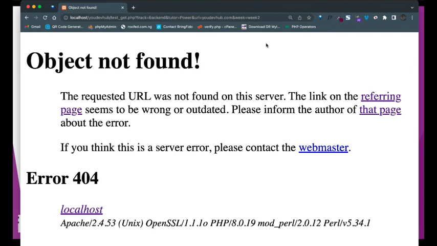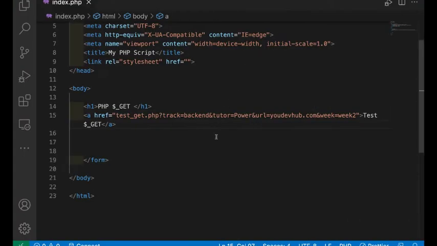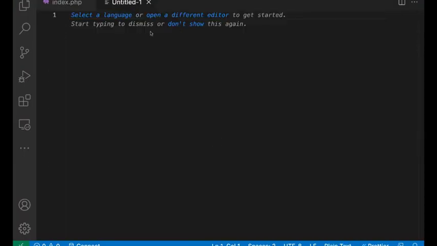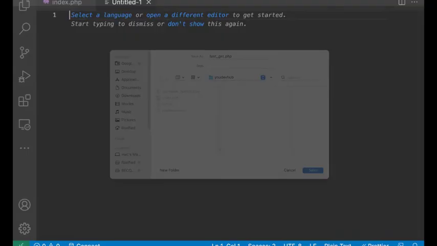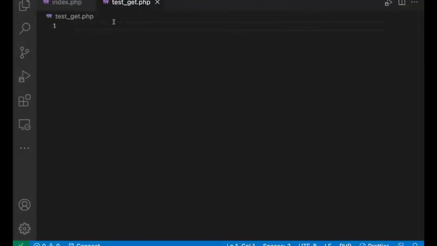So let's go back to our text editor and create this page called test get. If I come here, how do I do that? I click on Ctrl N. It's going to open a blank page, and I can do two things. I save the page, Ctrl S, and I call it test underscore get dot php and click on save. You see that it has changed to a PHP, and I can add my PHP file